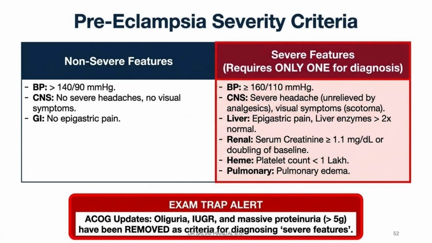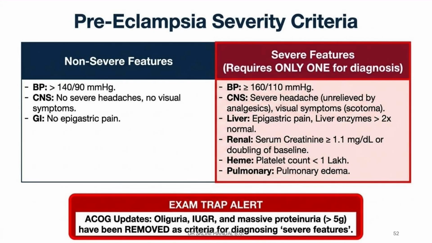Okay, so next one is about the severity criteria of preeclampsia. For the non-severe, just remember that the BP is going to be more than 140/90, but apart from that, no headaches, no visual symptoms, no epigastric pain. But severe features are BP more than 160/110, severe headache, visual symptoms, scotoma, epigastric pain, liver enzymes more than 2 times the normal, creatinine more than 1.1 or doubling of the baseline,